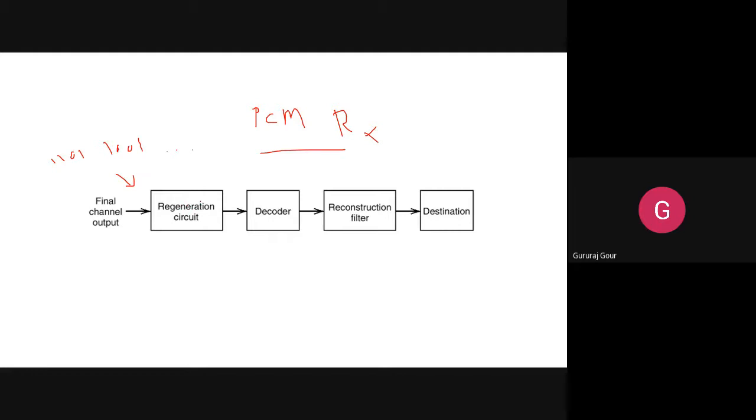From that, we are going to reconstruct the signal and decode it. Decode means it is going to convert your binary to decimal, for example if you used binary coding. So at the output of the decoder, you will have the decimal equivalent of our signal. The reconstruction filter and destination will give us back our original signal.